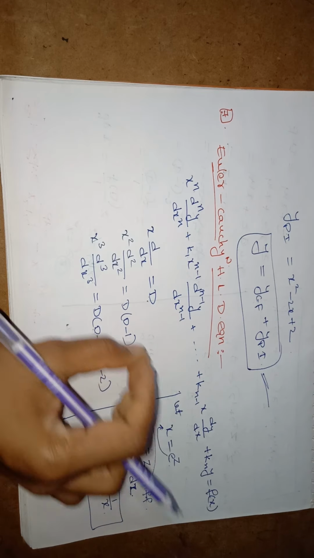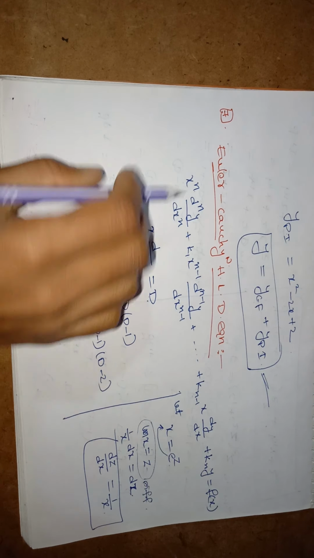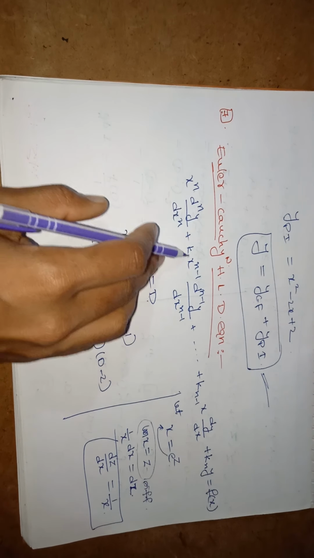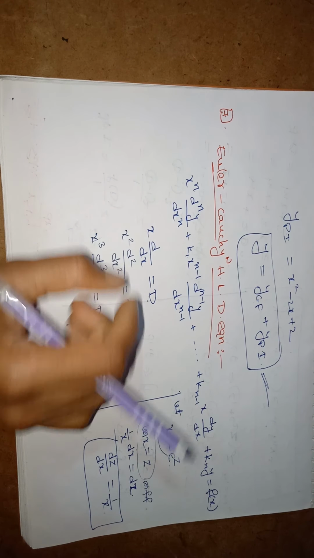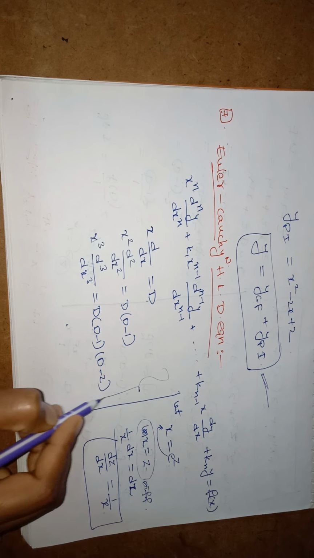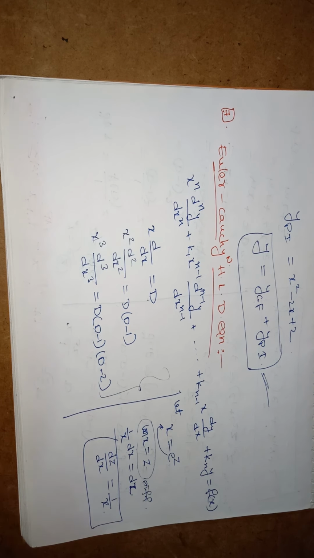You just replace these terms, because always writing x power n d power n y by dx power n and d power n minus 1 by dx power n minus 1 is a little bit typical. So first of all, just replace all the differentiation terms with D's,